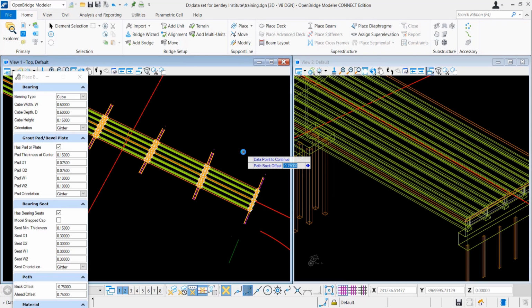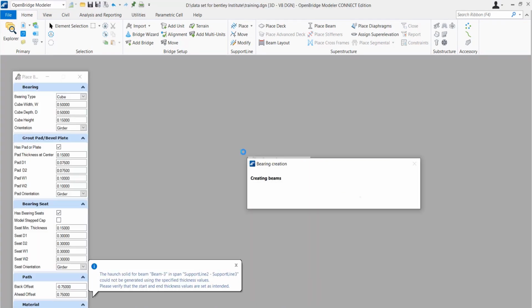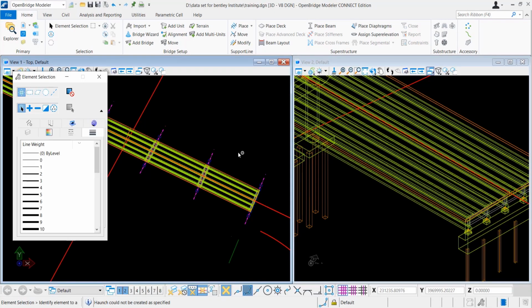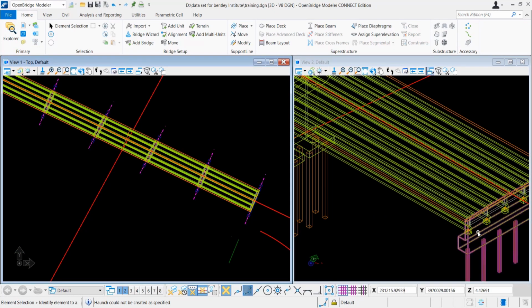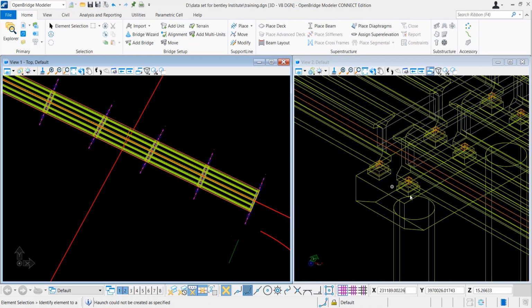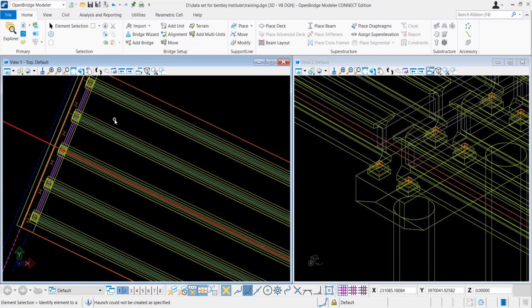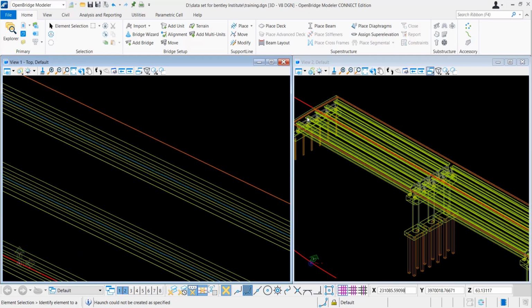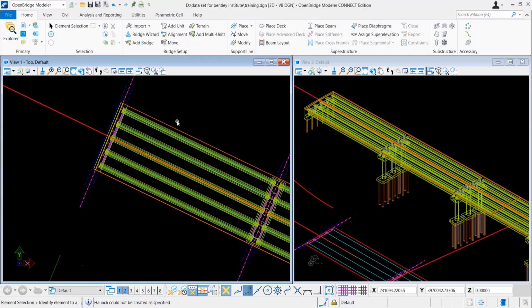Once you accept, it will place the bearing and pedestal for you, and also do an automatic adjustment of your pier cap level. As you see, we are not giving any information except the minimum bearing thickness and bearing size. The elevation is automatically adjusted, and you might have seen that the pier cap level has shifted down, and it inserted one bearing as well as the pedestal, whatever size you have defined. And now you can see how quickly we created the accurate 3D model here.